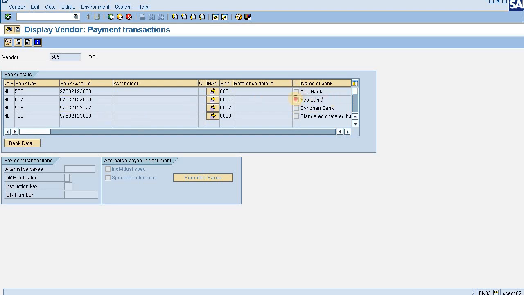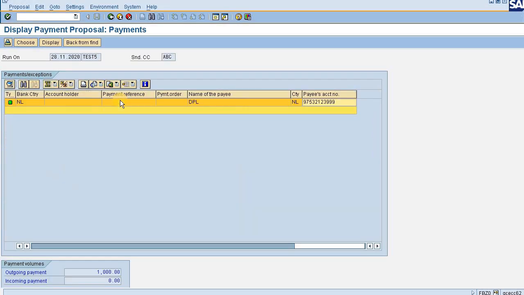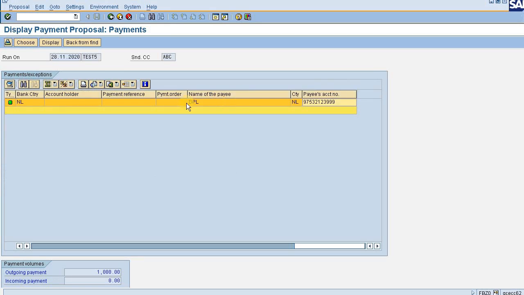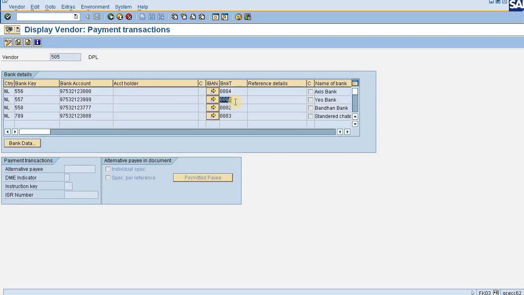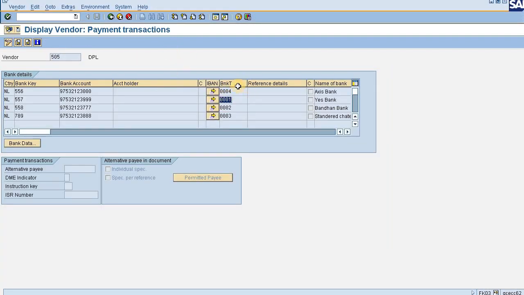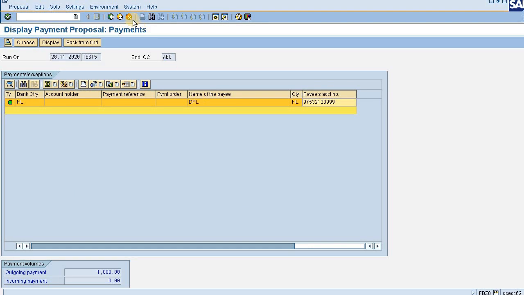So this is the Yes Bank, wherein I have given the partner bank type 0001, meaning I had ranked this bank as the first one. So as per SAP's mechanism, it is taking up the one which I have given the first ranking. So that's the mechanism of partner bank type, through which you can achieve this scenario.